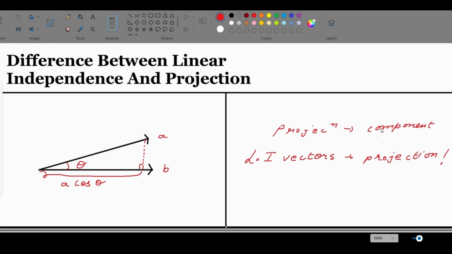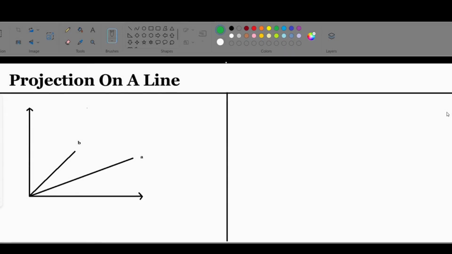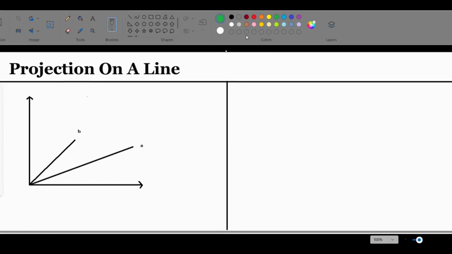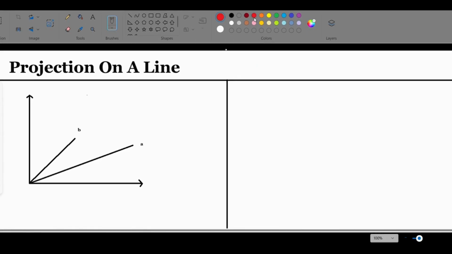Now let's move on and talk about the derivation of the projection vector. So, when we talk about a projection on a line, what we mean to say is that let's consider this vector called B, okay? And every vector always has a direction. And what we're trying to do now is to find the projection of this B on a line that's in the direction of this vector A.